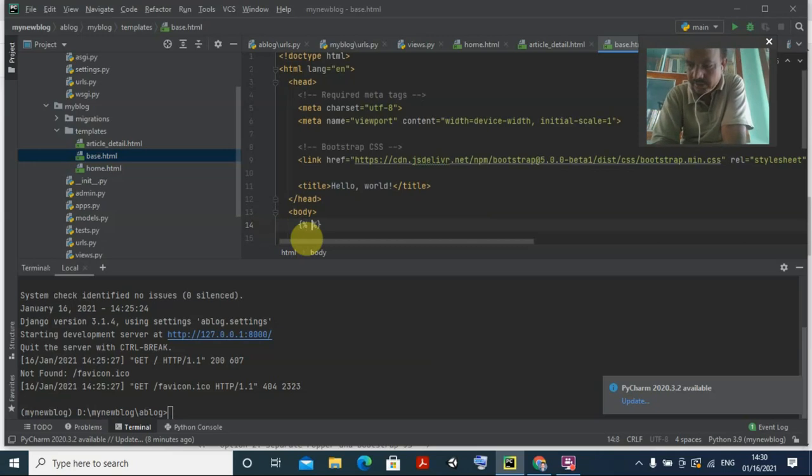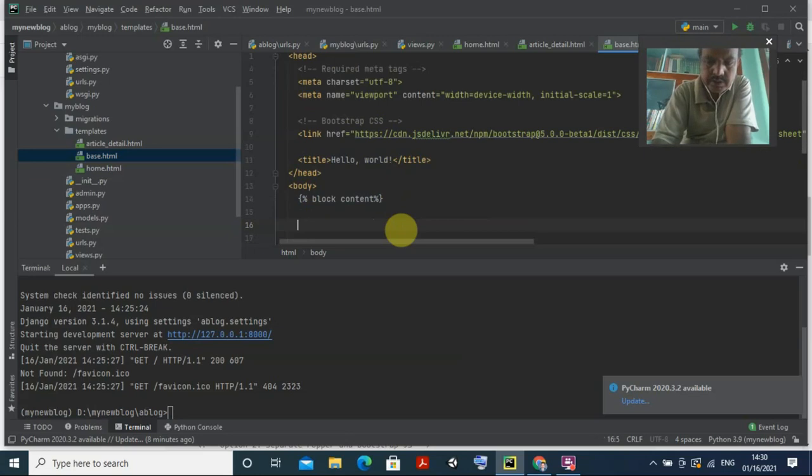Now what I need to do is create a block content. Block content. Okay, this is the thing I created inside this body, and then you have to go for ending this block also. So for ending this block, you do the same thing here, and also the percentage sign here, and then end block, right? Sorry, this is the end block.